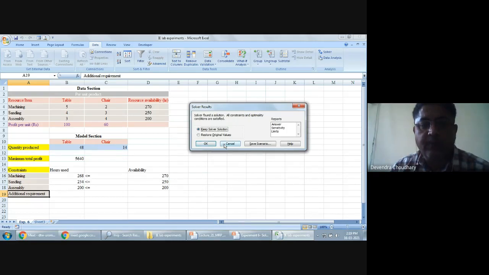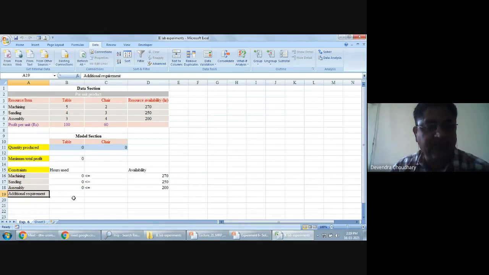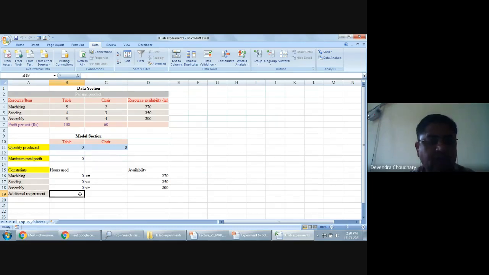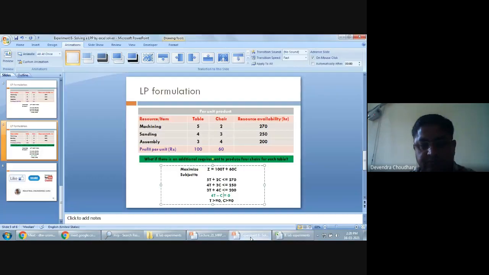Now, I consider the fourth additional constraint, that you should produce 4 chairs when you produce a table. So here I have to define the left side of the constraint, and that was, if you remember, 4t minus c equal to 0. This was the additional constraint.